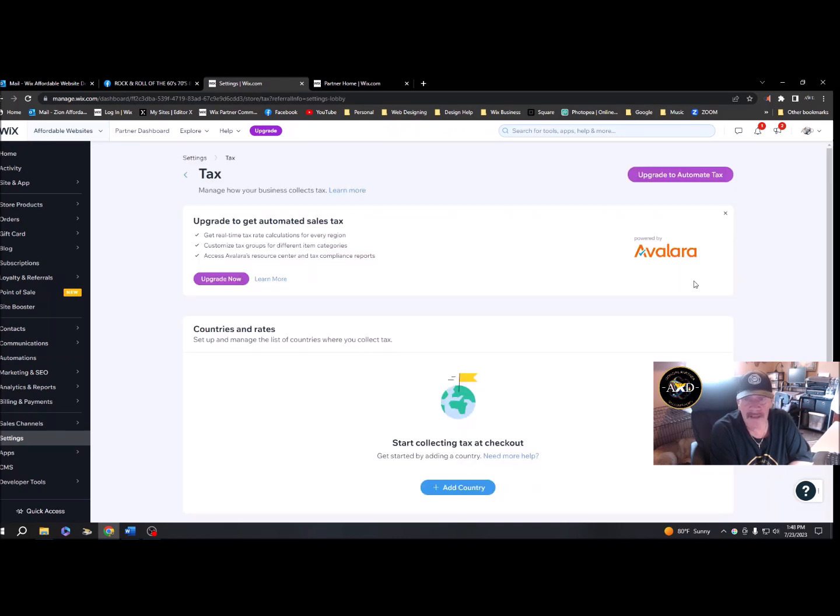if you want to set up taxes, I would use this right here and upgrade to it because it automatically calculates everybody's taxes. And if they change taxes, it automatically calculates it and you never have to worry about it. So that's how you do shipping, taxes, and payments inside your Wix